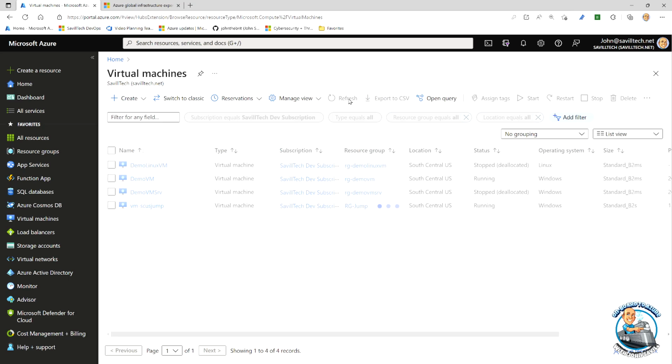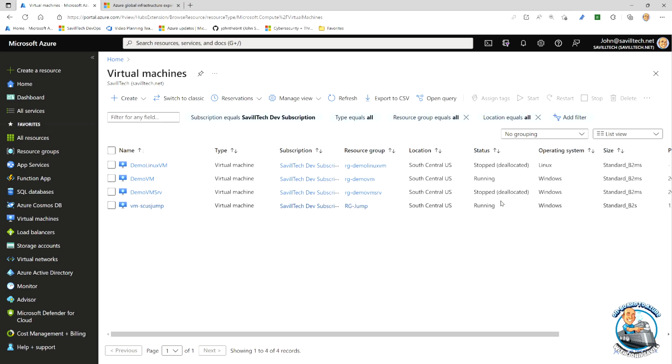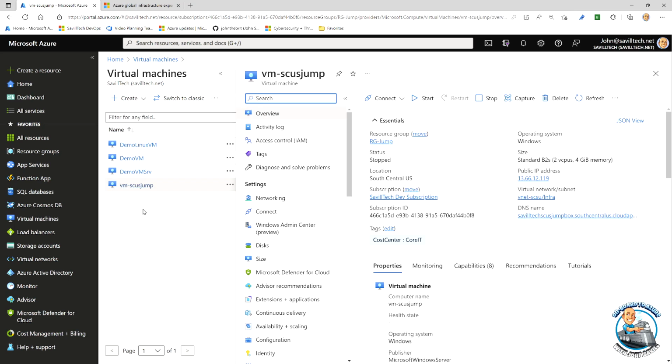But what it used to do was it would warn me. It would say, hey, you're stopped, but you're not deallocated. I want to be in a deallocated state. And so to get that, I need to stop it from a command line. I need to stop it from the portal, because you notice I still have the stop option. So if I now click stop, this will actually go ahead and deallocate it from the node,